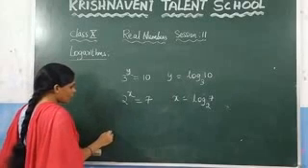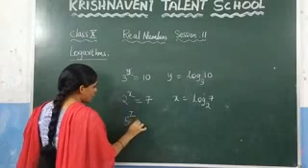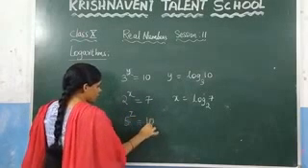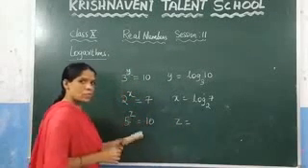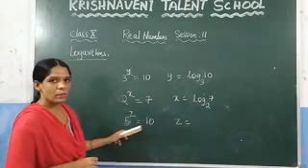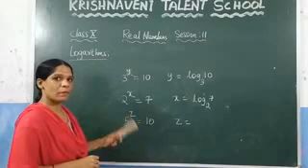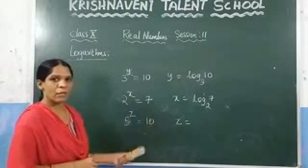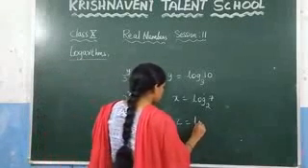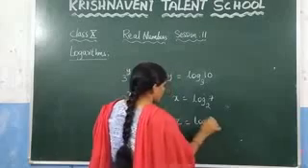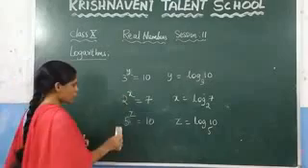Suppose here you have given 2 power 5 power z is equal to 10. What is the value of z here? You can write it by using logarithms, because we cannot express this 10 with the base 5. So we cannot find the value of z by using exponents, but we can find the value of z by using the logarithm form. So what is the value of z here? Log 10 to the base 5. This is the reason why logarithms were introduced.